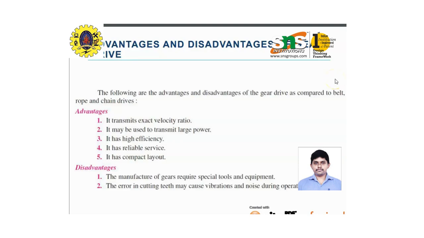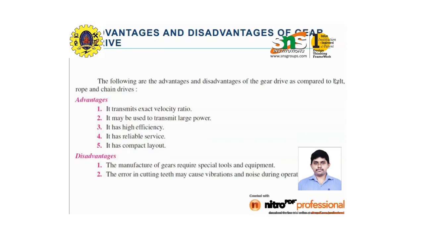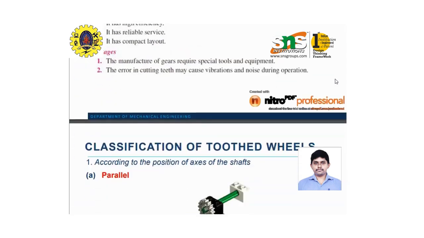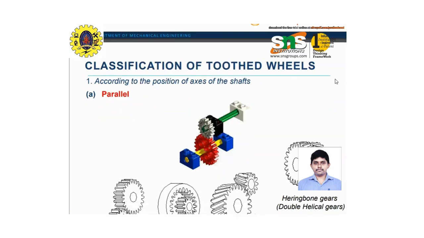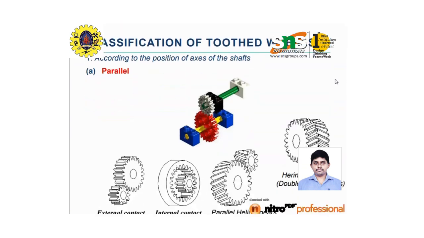Okay. So in continuation with the previous class, we have just seen the advantages and disadvantages of the gear drive. At the same time, we need to know the classifications of the toothed wheels that we have in practical usage. According to the question, the application of the gear teeth portion can vary. The first one is parallel. Here we see there is an external contact and an internal contact,